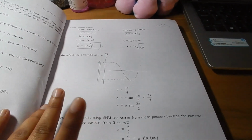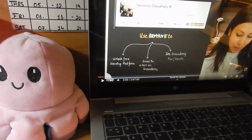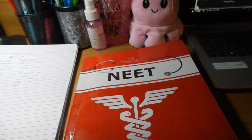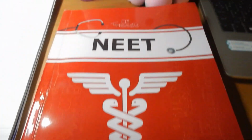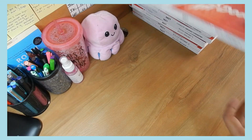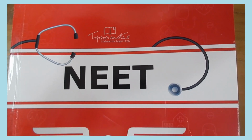Okay, so I was revising SHM and I'm going to attend this lecture for like 2 hours and 47 minutes. And if you guys are wondering which book I'm reading right now, this is the Physics Volume 3 book from Topper's Notes. I have these books here, and these are Topper's Notes for NEET UG, and these are totally